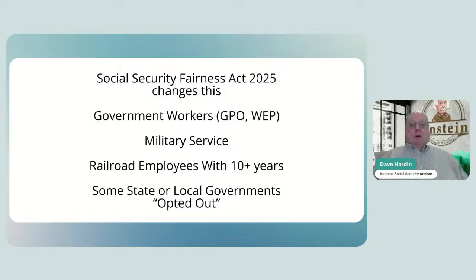It still happens. Imagine that government worker puts in money, works for 30 years, but retires at 55. And then decides after a year or so he doesn't want to sit home. He's too bored. He wants something to do. He's too young to retire. So he goes out and gets another job, but in the private sector. And he gets his 40 quarters. Now he is qualified for his pension and he's earned a Social Security benefit.